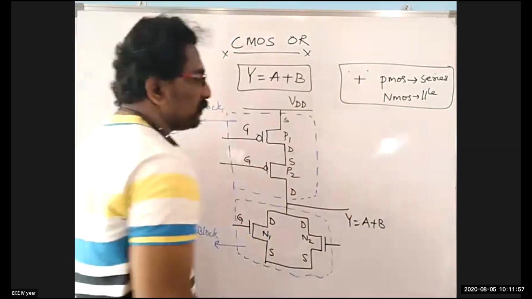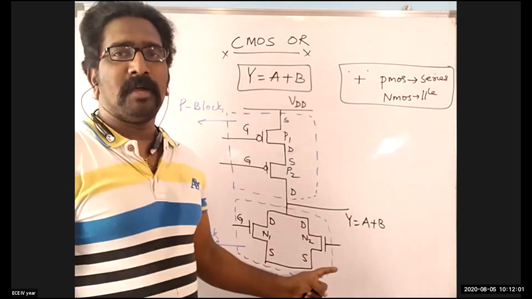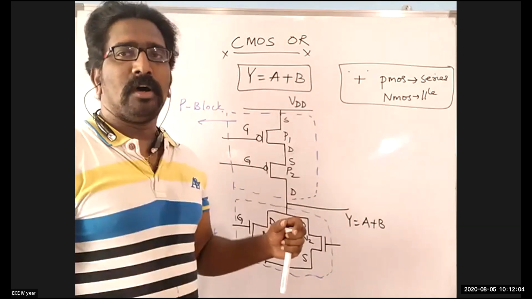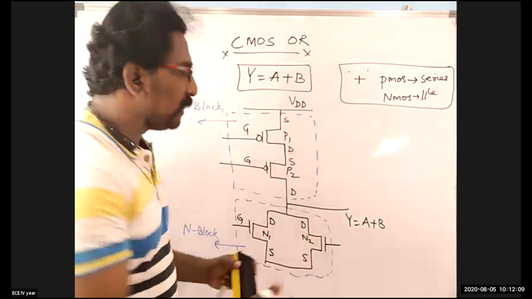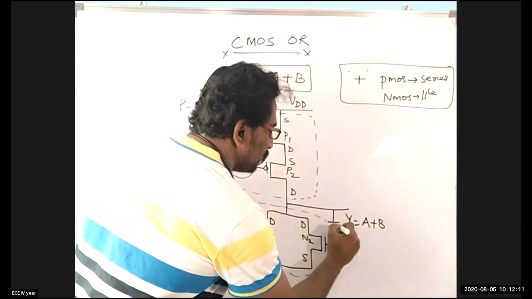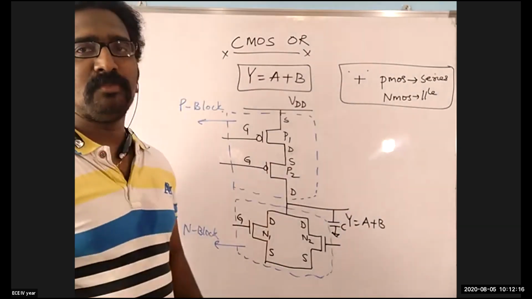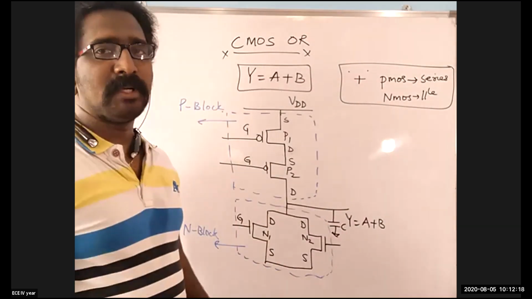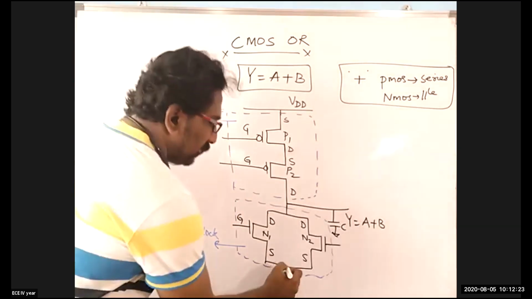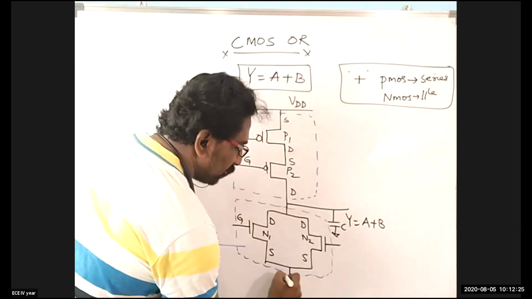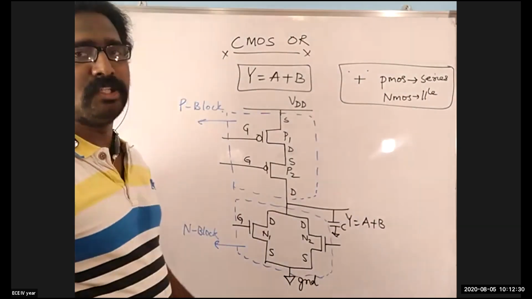As I told in the previous lecture regarding the CMOS inverter, you will not have any terminal called output, but it is a passive element which will be storing the data. It means that if there is a passive element like this, this capacitor will be storing the data. If the capacitor is fully charged, we say that our output is logic 1. If the capacitor is fully discharged, we say output is equal to logic 0. And the shorted source of the N block will be connected to the ground terminal. Ground terminal is nothing else but 0 voltage.